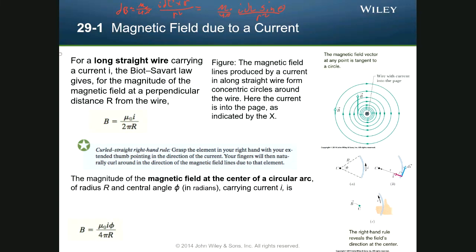So we can write down here that dB is going to equal mu naught over 4 pi times I dl sine 90